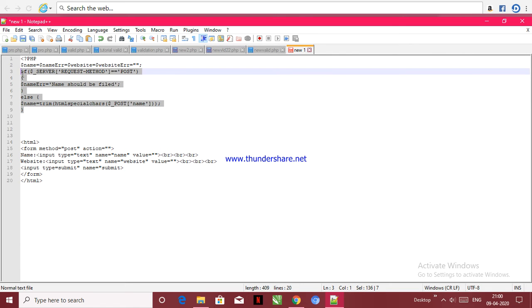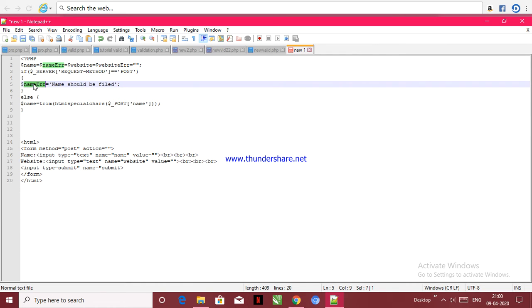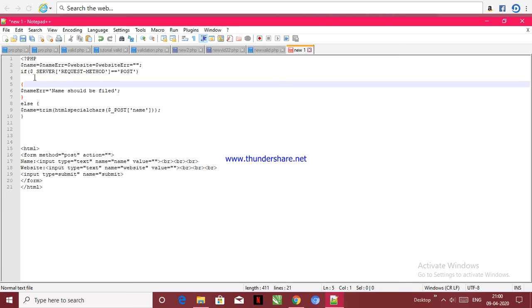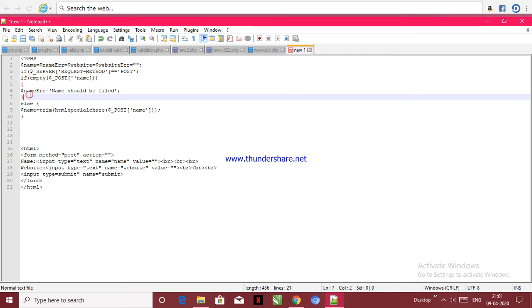I am just setting this up with the name error I have taken here, and I am setting it up with the if statement of empty place, and this I will assign to be equivalent to the post method, and in the post array we are setting it up with name, right? And we will close this, and we have written this, the name error, name should be filled, or else we are setting it up to